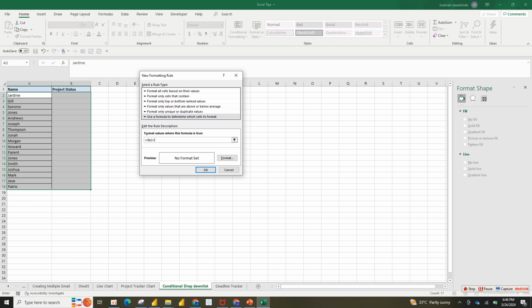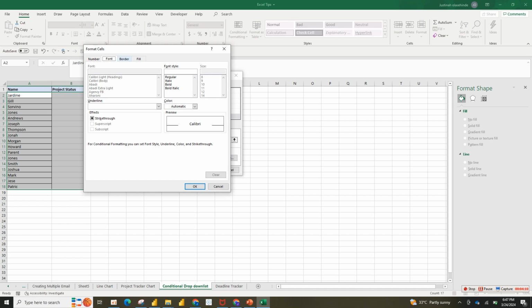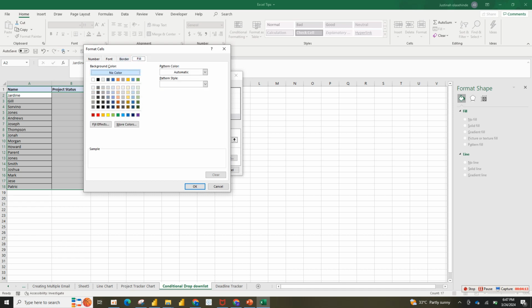B2 equals to, if B2 equals to completed, introduce your double quote. Make sure you write the same way that is written there. Then you close it, then go to format, then add fill, then you can use this, then click OK,